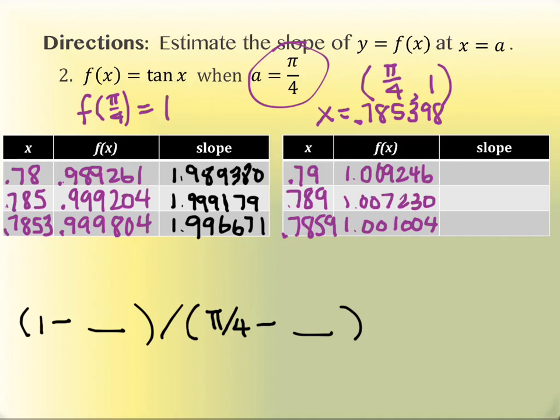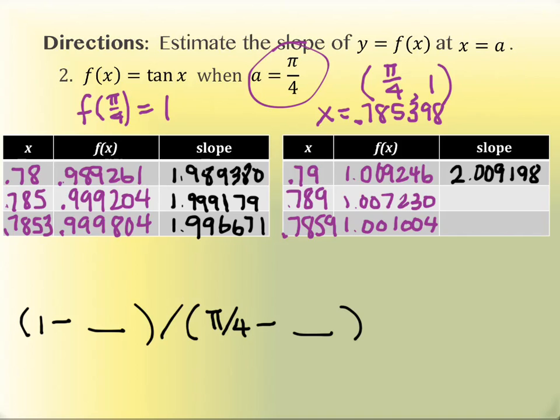All right, so we're going to go with 1.00924, and then I'm going to have to do an insert for 6. And then my x value is 0.79. And I'll just zero those out. This particular slope value says 2.009198 if I round. 197 if you don't, and it's okay if you don't. You'll get to the same result. So